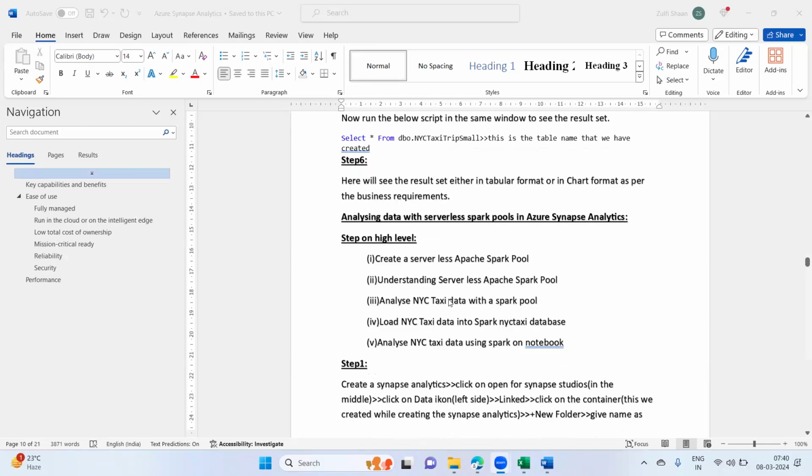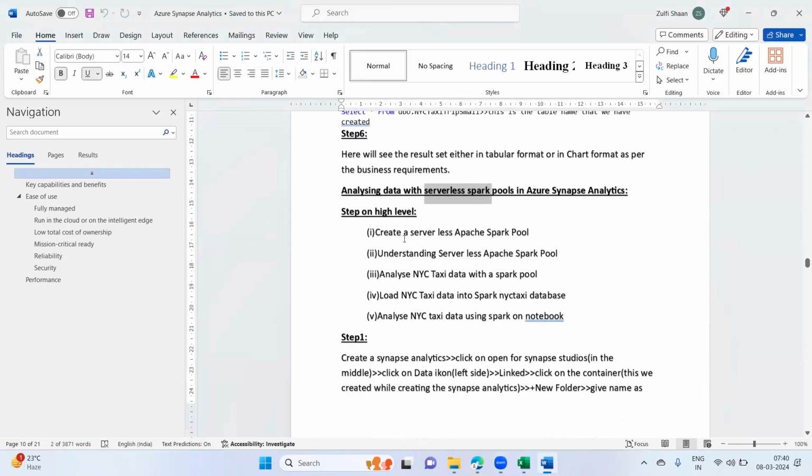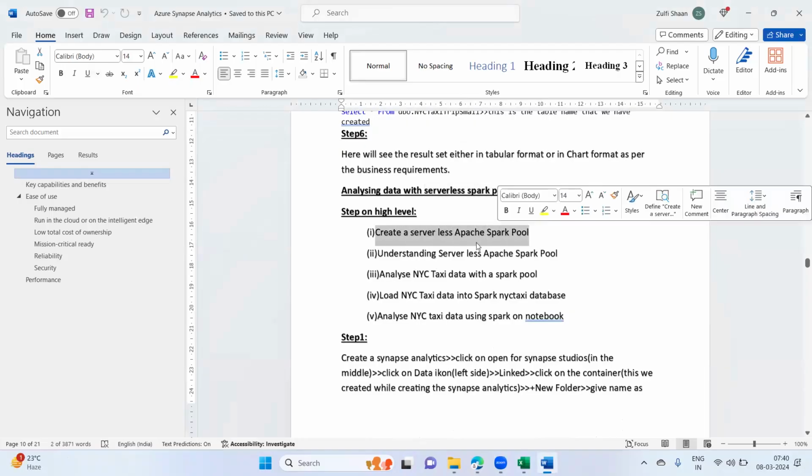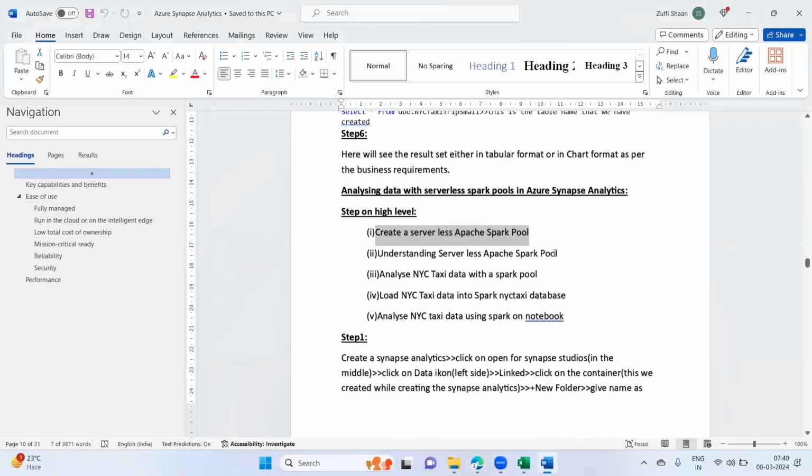What we'll do today is analyze the data with a serverless Spark pool in Synapse Analytics. On a very high level, the steps are: first, we'll create a serverless Apache Spark pool. Then we'll understand what a serverless Apache Spark pool is. Then we'll analyze the New York City taxi data with a Spark pool. We'll load this data into a Spark New York City taxi database that we are going to create, and then